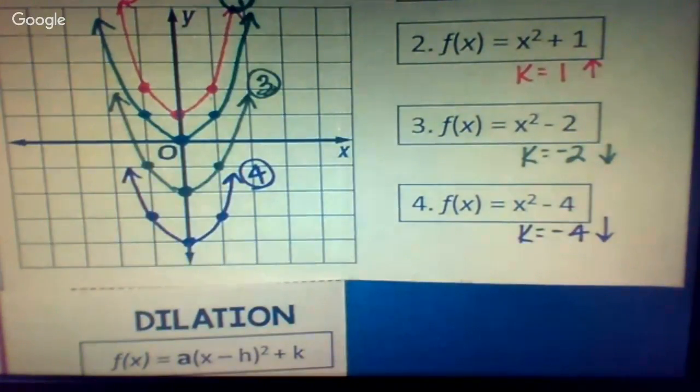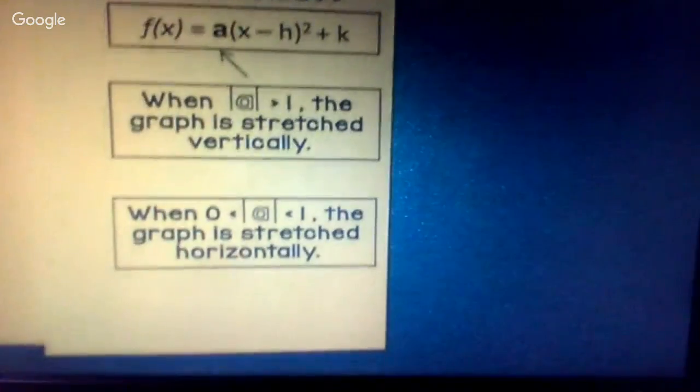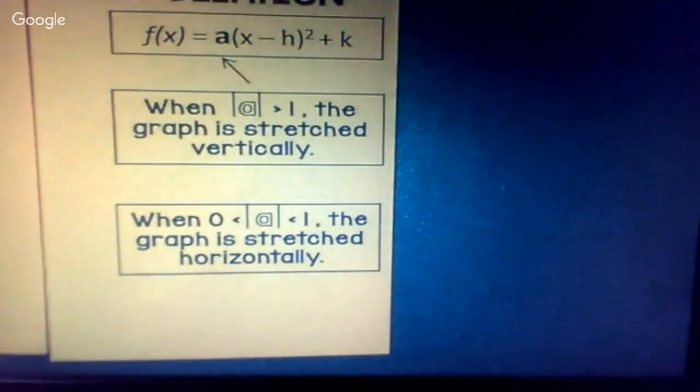All right. So we slid left and right. We slid up and down. Now we need to blow up or get skinny. That's what your A value does for you. We like to call it fat norm and skinny norm. Norm stands for your normal graph, and it's either going to get fat or it's going to get skinny. So when your A value, the number outside of your x squared, is greater than 1, that means you're stretched